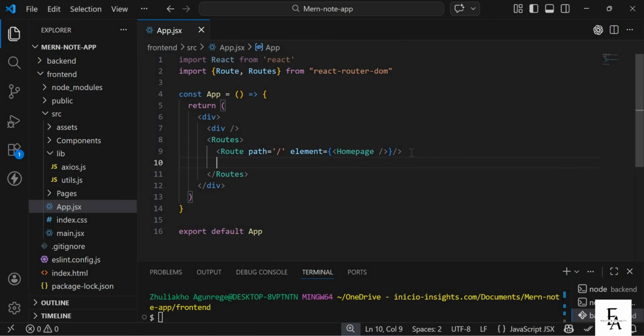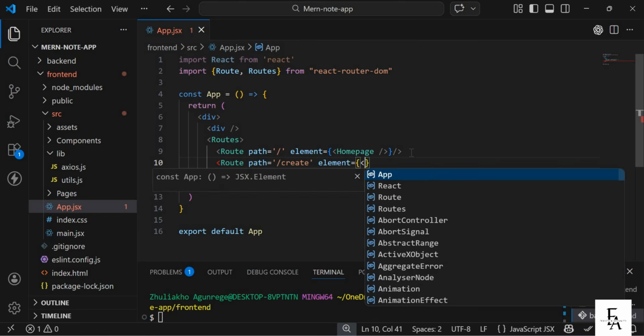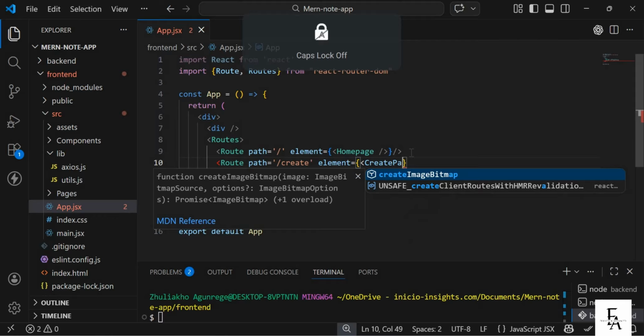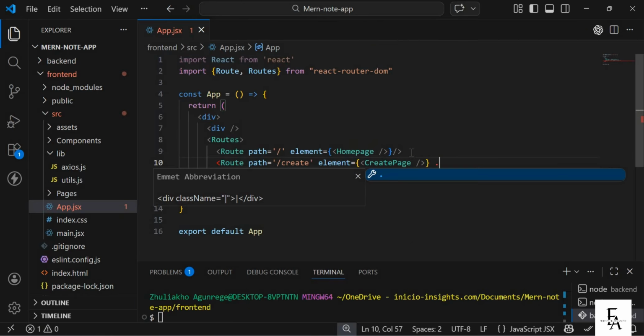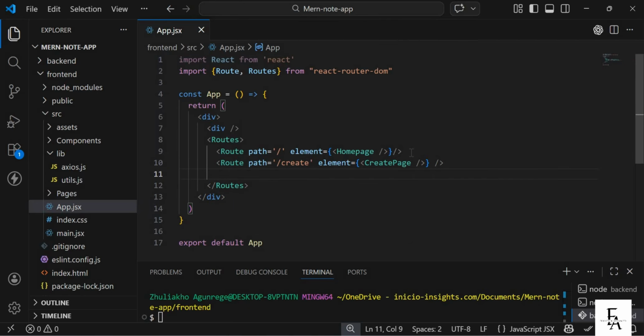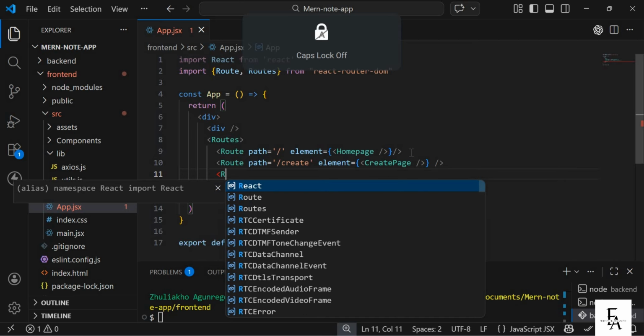Then we're going to set up the route for the create page so that we can create a page. So we'll have Route, we'll set the path /create, element. We're going to have our create page, and then we're going to set up a route for